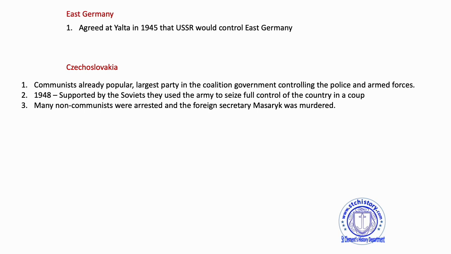You've got the map earlier on in the lesson showing you some extra details, but just try and get your head around the fall of the satellite states. It might be a good idea to do some flashcards on this. So each country on one side, a country on the other side, its story. Maybe even write a narrative account of the fall of each of them. Just try and get your head around as much as you can the story of each individual country.